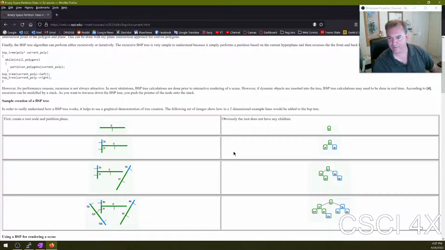So what they typically do in 3D is you have all these objects, and they'll use the plane, the surface of one of the objects, as a potential splitting plane. And then they might just go through every polygon in the world and figure out which splitting plane will put half on one side, half on the other side. Now the trouble is,